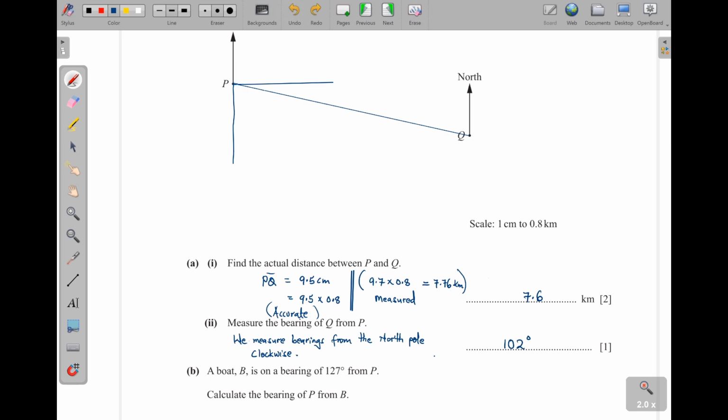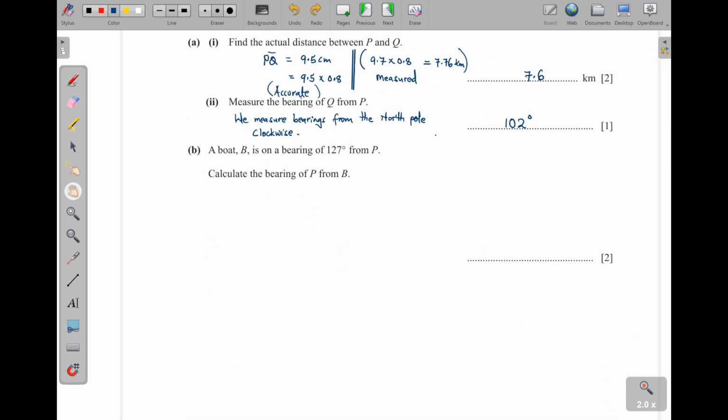Now I'm going to draw something here. So we have P, and then maybe B is just down here. So this is the north for P, and this is the north for B. Then when I connect the two,